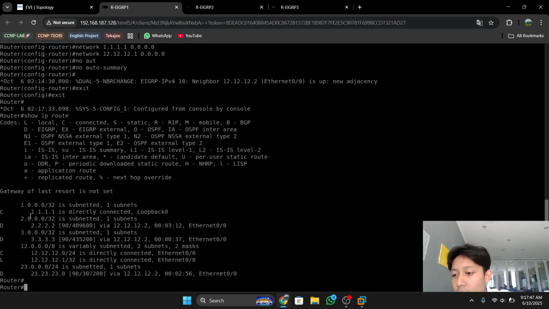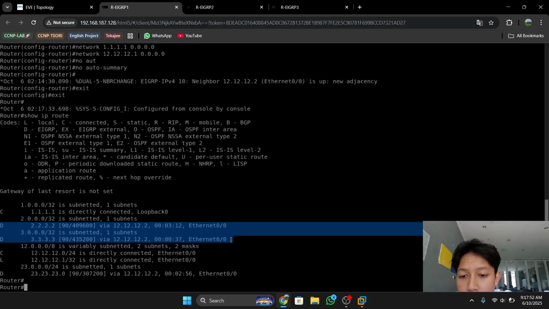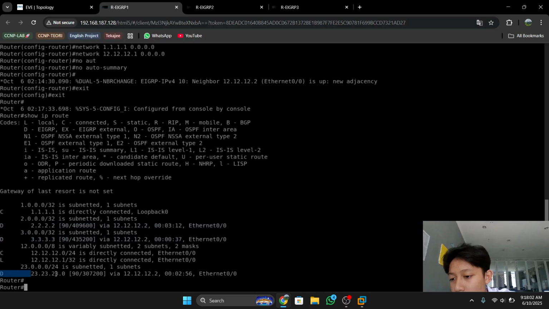Here you can see the sign D, which means EIGRP. That is the loopback IP for router 2 and router 3, and that is the IP network from router 2 to router 3, detected from EIGRP. If you see this, it means your configuration is correct and done.